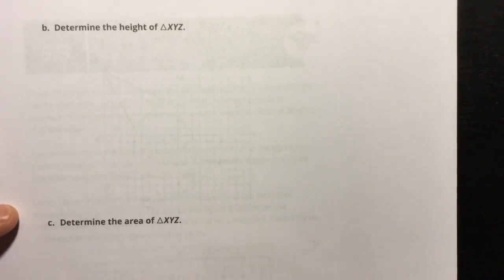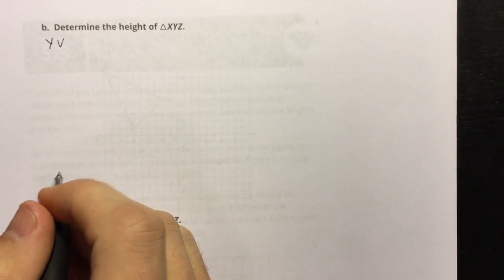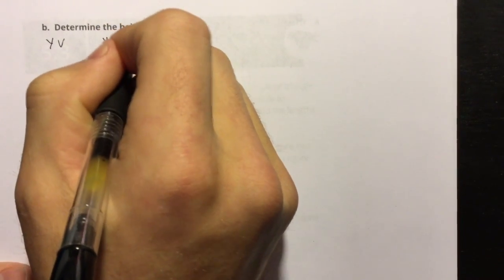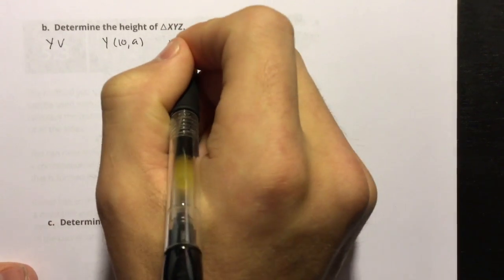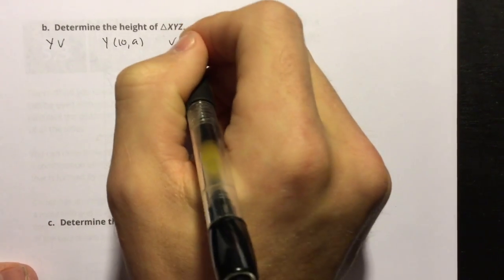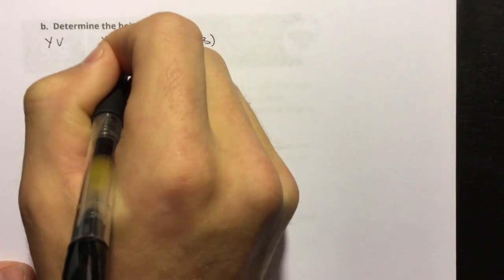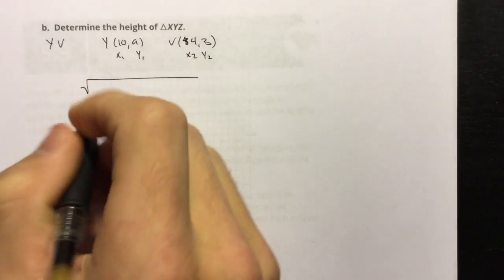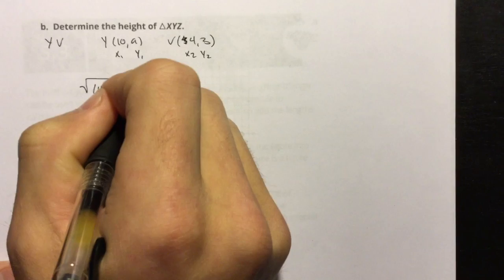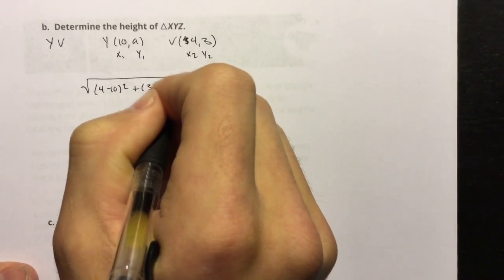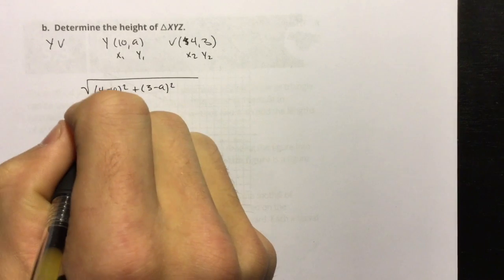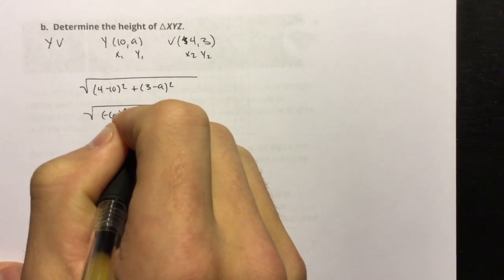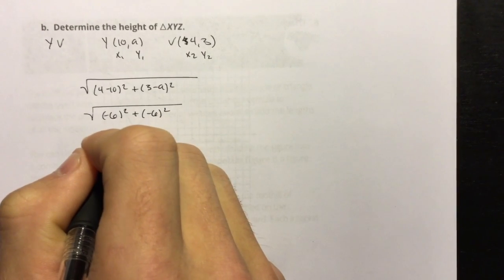Part B of 7 says determine the height of x, y, z. So my 2 points, we said that our height was at yv. Point y is at 10, 9, and v is at 4, 3. I'm going to use that as x1, y1, x2, y2. And I'm going to do some distance formula. So 4 minus 10 quantity squared plus 3 minus 9 quantity squared. That is going to be negative 6 squared plus negative 6 squared,